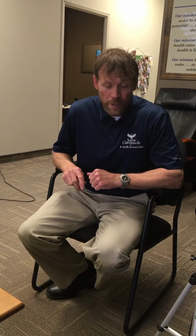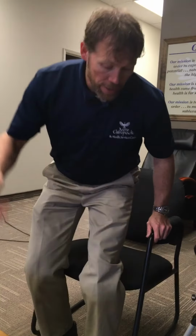So I hope that helps explain a little bit about what happens and why vacuuming can be troublesome. And the same thing with bending over and picking something up. When you get yourself in that position where you're flexed forward at the waist, you're asking for trouble. When you're flexed forward and rotated at the waist, you're really asking for trouble. And if you're adding a lift of some sort, it's no wonder that the poor lower back has so many injuries to it. So if I was going to, let's say I drop my book or a set of keys,